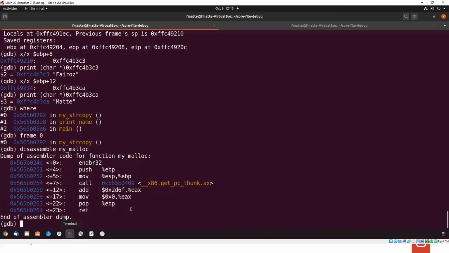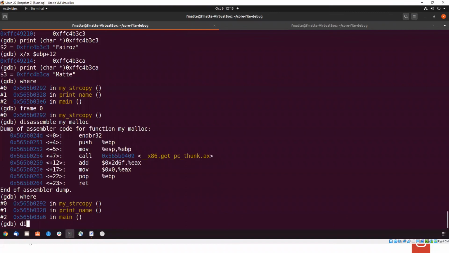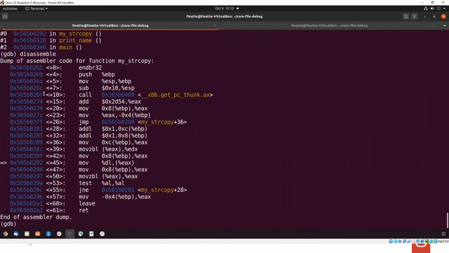I just went through a very difficult, longer route just to understand. But generally, my colleagues and I, where we are at frame 0, just go to the disassembly of this MyStrcopy and see where it crashed. This arrow indicates the location of the crash. You can see that it crashed here, at EAX and DL. This move instruction is nothing but source and destination. So this is the destination and this is the source.